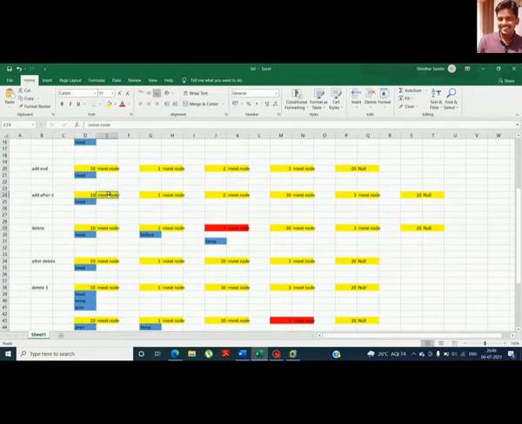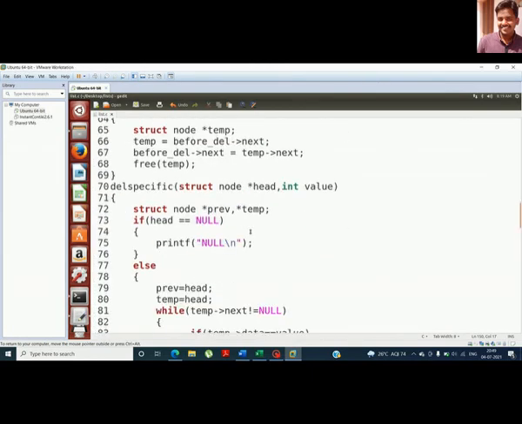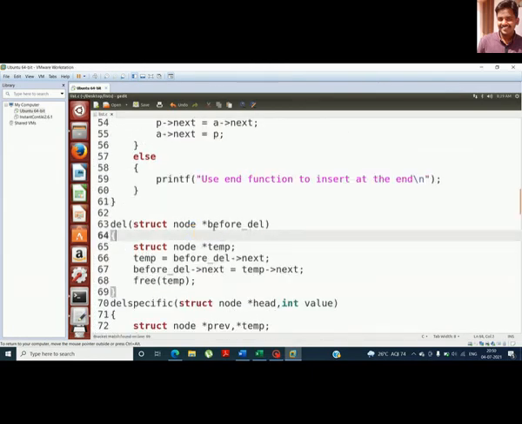So this is the first, head. Head of next is this. I want to delete the element after this. This is the code I have written. I will get the before element, that is the second element, and I'm storing that into this variable. I'm using another temp variable, which will point to the element that I want to delete. How will I initialize it? Temp equal to before delete next, which means this value.